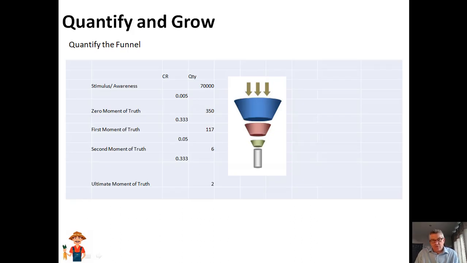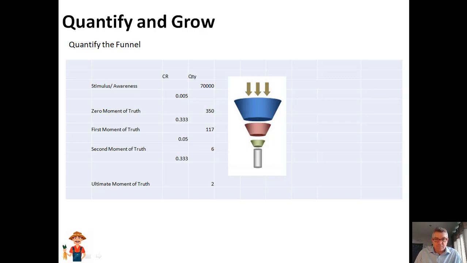Okay, so now that we've got the principle of funnels, let's see how we can quantify and grow them. So good old Excel. What we've done here is we have taken an Excel sheet and we've listed out our stimulus and awareness and our 5 phases. And then we have added quantities for each one. In this particular one, this might be Debs's email campaign, and we have 70,000 emails in our list